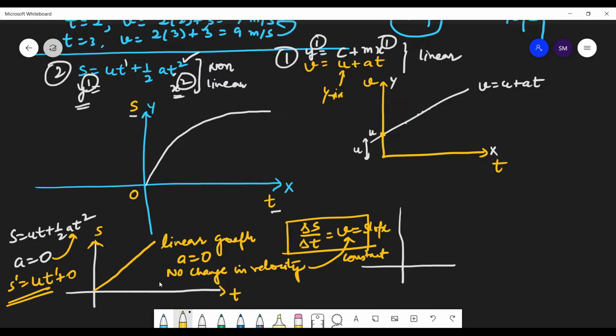So students, there are so many ways to describe this linear graph, isn't it? Yes, sir. So this is what you need to do in case of graphs. You can calculate their slopes by change in y-axis upon change in x-axis, and you will find which physical quantity this slope is telling you. And if it's a straight line, the slope is constant. If it is a curve, the slope is changing.